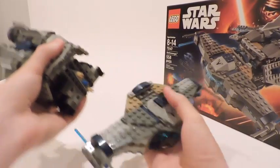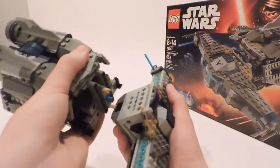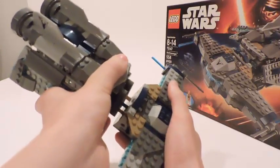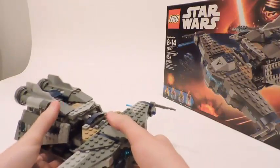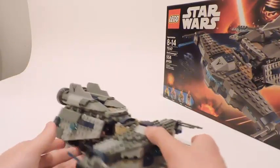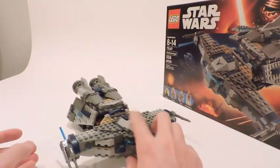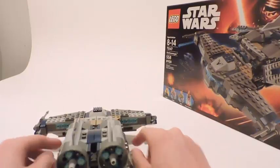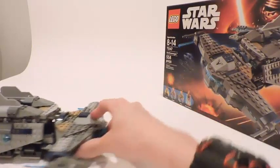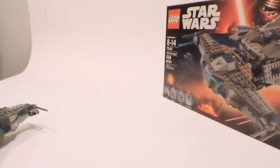There we go. It can actually split in half, which is pretty cool. I don't know why you would do that, but you can. And that's the one big feature I forgot to show you guys, is that you can split this in half. Have this cargo ship just flying out of space, somewhere, wherever, and have this fly off. I think that's why they got the engines right here, which is pretty interesting. So yeah, if they get a quick escape, they can just abandon their cargo and just fly away, fly into